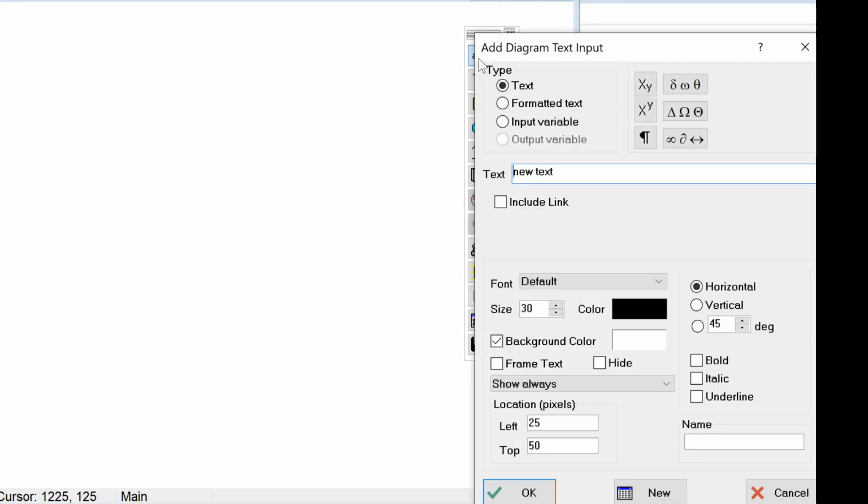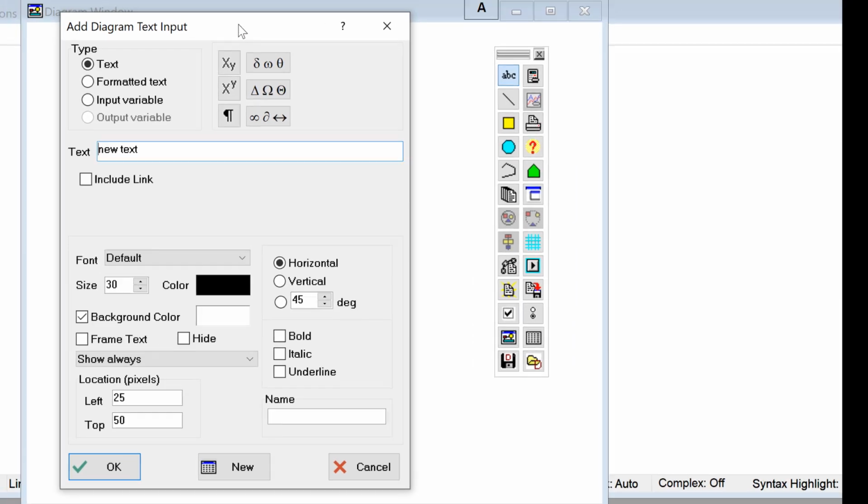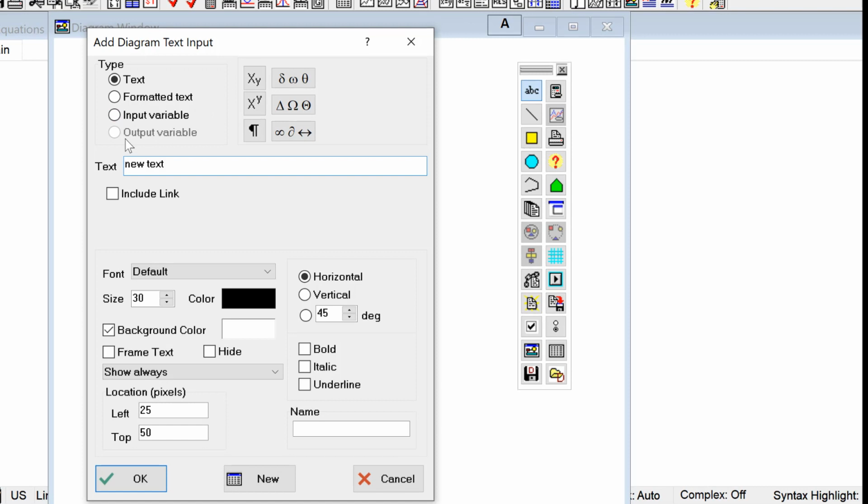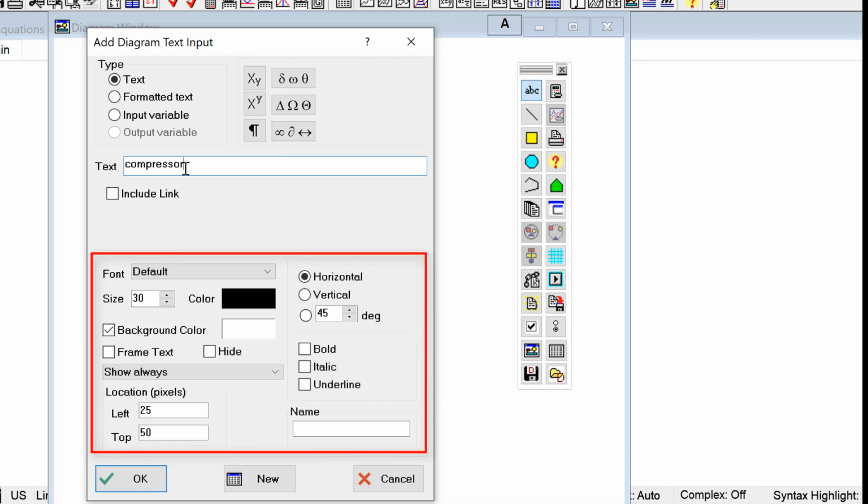which is right here. We've seen the dialog that this brings up before. If you want to add plain text, it's this top radio button, and you would add the text that you are interested in. You type it right into this edit box right here, so something like compressor. And you can adjust the appearance of this text, so you can adjust the font, the size, the style, the orientation, all this kind of